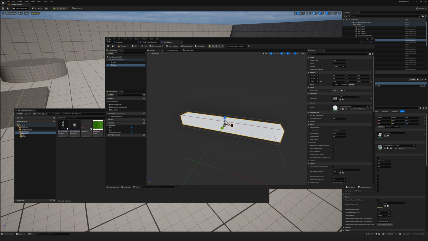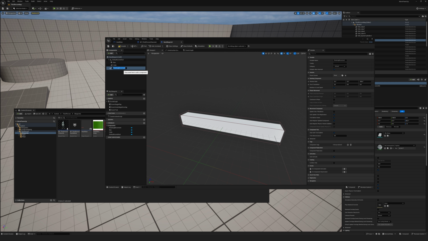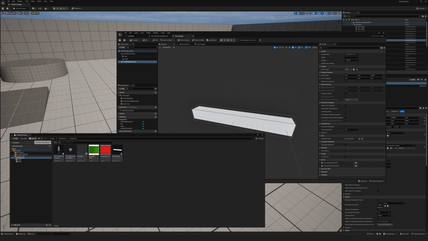Let's just say I want this thing to spin around. I'm going to search for a rotating movement modifier. I'm going to hit enter, and I'm going to hit compile, and I'm going to save. I'm just going to save all, and then I'm going to